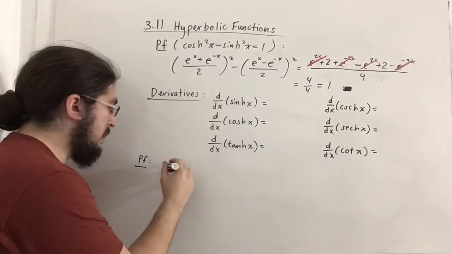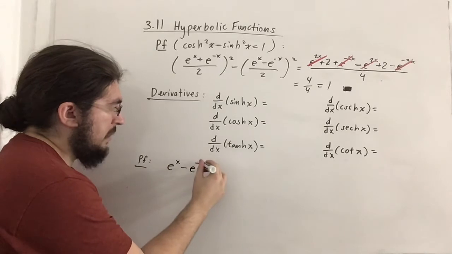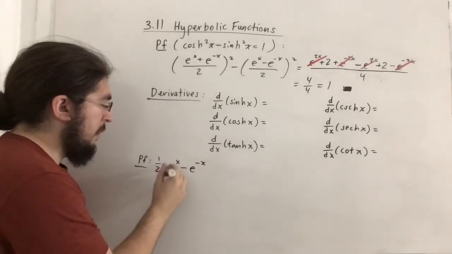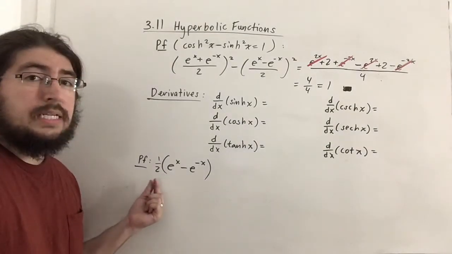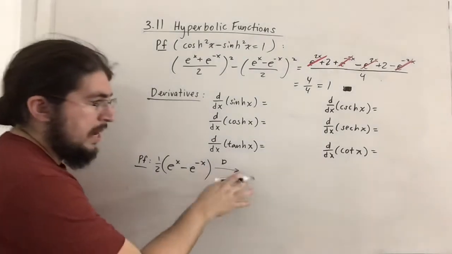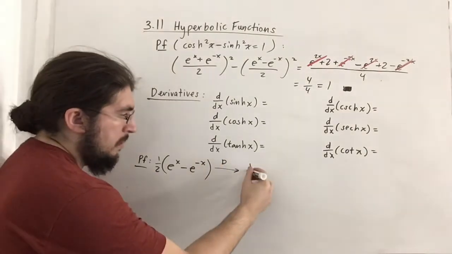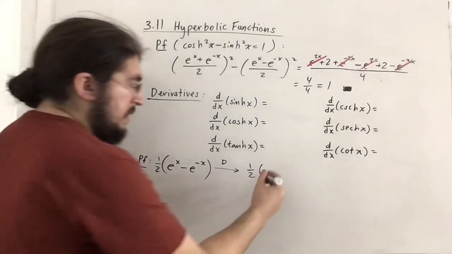So first off for sinh, notice sinh is e to the x minus e to the negative x all over 2. If you don't mind, I'm going to write this as 1/2 times so that we can see this as just being a constant times this function. So when we take its derivative, which I'll just denote by arrow with a d on top, the 1/2 is a constant, so by constant multiple rule it comes out for free. Derivative of e to the x is itself,